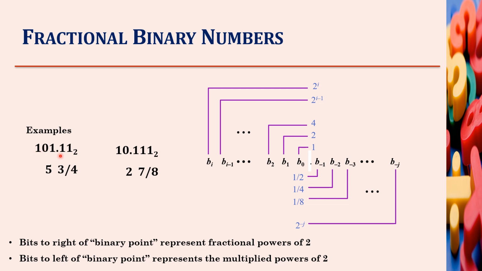So this 101 actually represents the number 5. Then .1 represents 1 by 2, and .11 represents 1 by 2 plus 1 by 4, which is equal to 3 by 4. Okay, similarly, the number